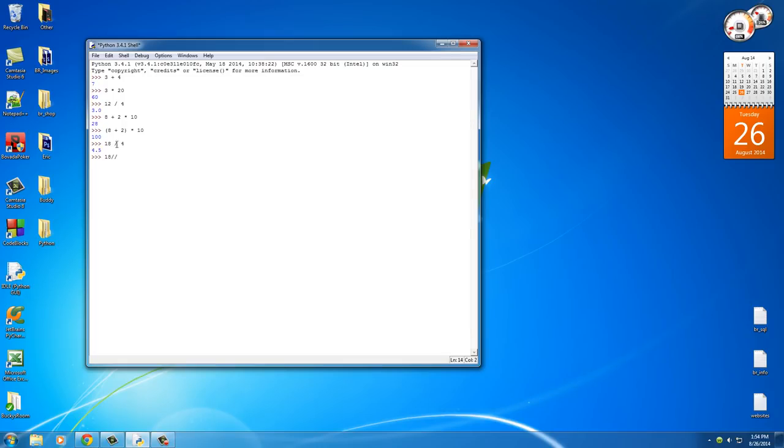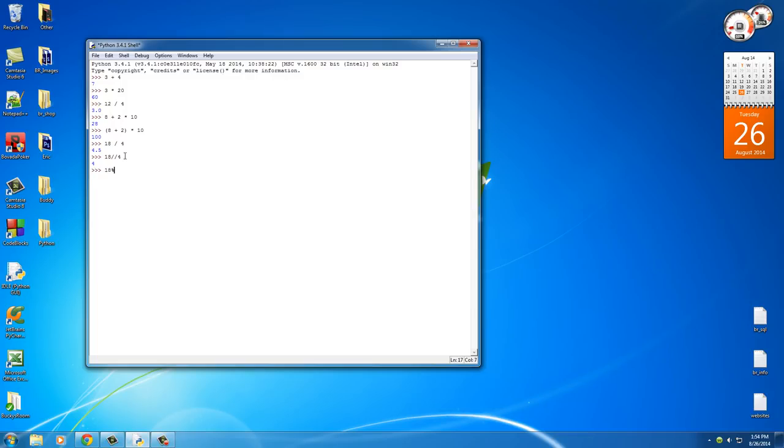So we're going to say, okay, 18 divided by 4, whenever we use 2 forward slashes, what this does is it takes the result and rounds it down to the nearest whole number. In other words, it pretty much takes the decimal place and drops it, forgets about it. Now, if we only want to access the remainder, such as